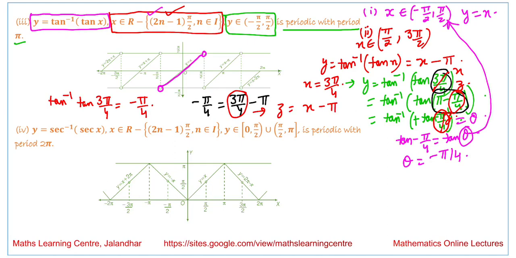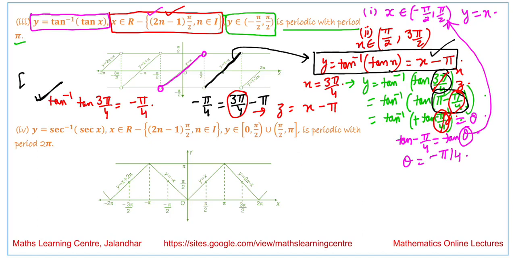So that is why we are saying that in general, the answer we obtain for this region, it is this line we are talking about. It is for the region pi by 2 to 3 pi by 2, y is equal to tan inverse of tan of x, that is equal to x minus pi. Similarly, you can find the general answers for other cases also. This is just for explanation. I have given you an example that if we have a particular value, then the answer we obtain, it is in the form of x minus pi.